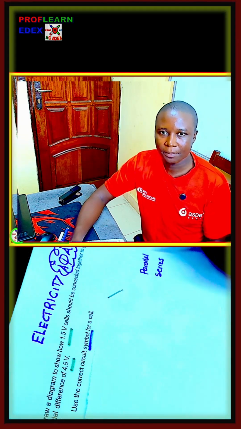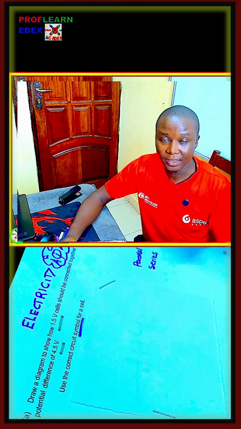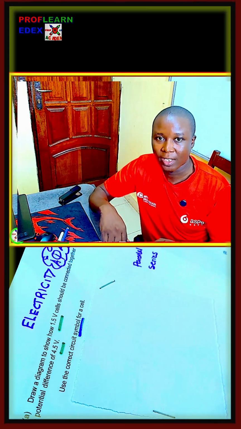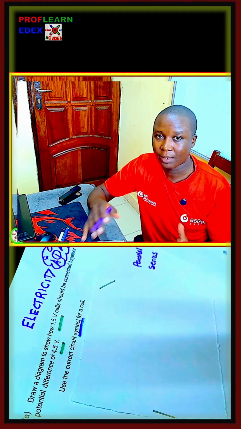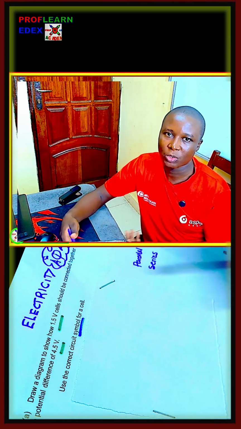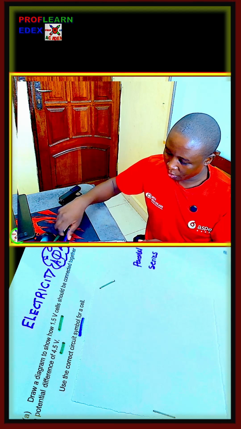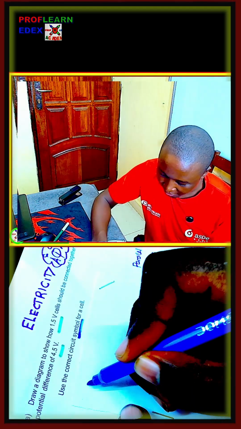If you connect cells in parallel, you are going to have the same amount of voltage. But if you connect cells in series, you are going to have a total sum. The total voltage will be equivalent to the sum of the cells that you have. So in order to draw that, we need 3 cells